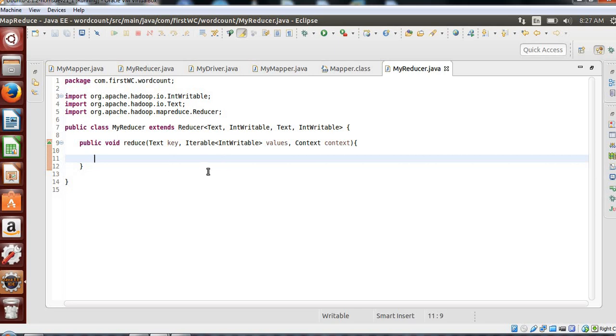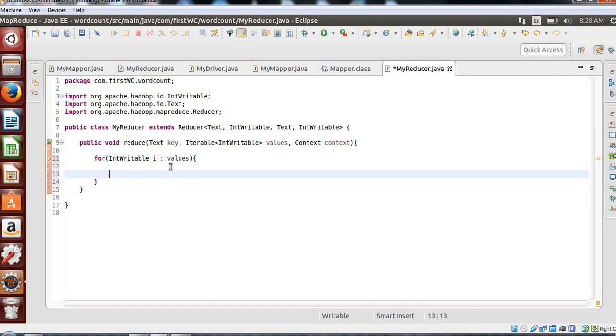So we will iterate over the values. I'll just say for, IntWritable i in values. Iterable, again, is a collection, it's just a group of IntWritable it is holding.